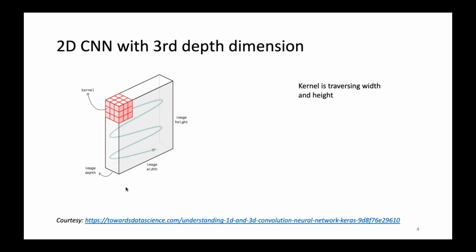This is usually used with the 2D CNN, though image depth is represented here. Image depth can be the color of the image with RGB values. But we don't convolve around the depth of the image. We convolve around only the width and height of the image, even if the input image is three-dimensional, where the third dimension is the color of the image.